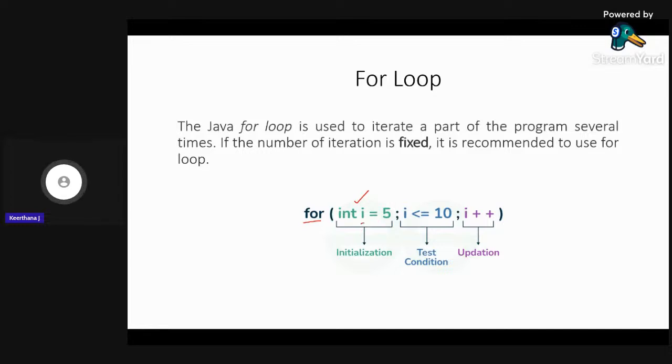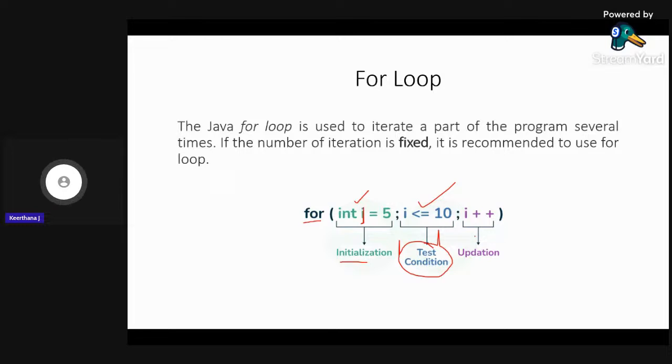Here I is known as the iterator. With the help of I only you are going to access that element. I will be updated, and I is going to be the iterator over here. You will first define the value of I, and next thing is the test condition. I have said, until this condition is true only your loop will work. Once this condition fails, once this condition becomes false, your loop terminates, your loop breaks.